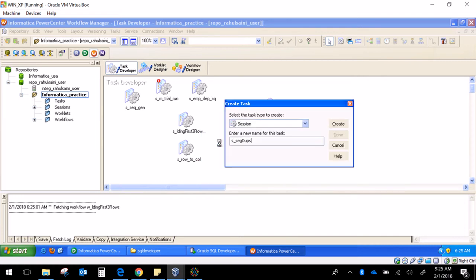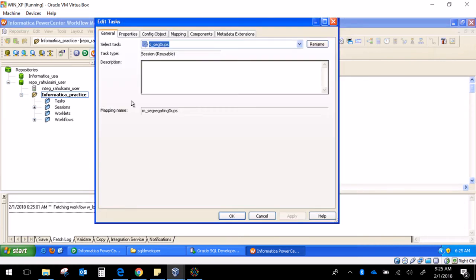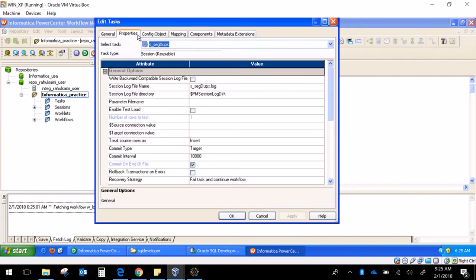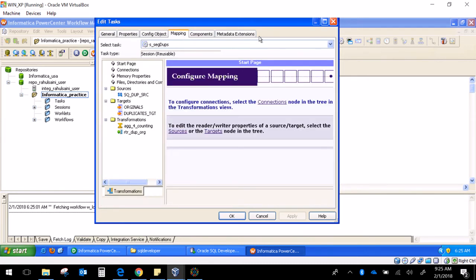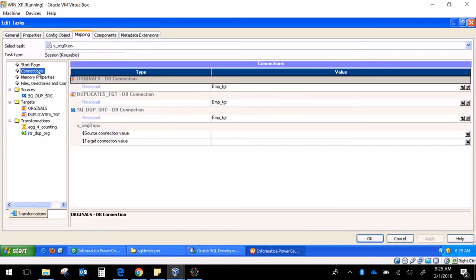I say create. Under sessions I say session segregating dupes, that's my task name, and I'm going to map it to the correct mapping that I've created. You see this segregating duplicates, I need to do that, yes. Now go into the session properties